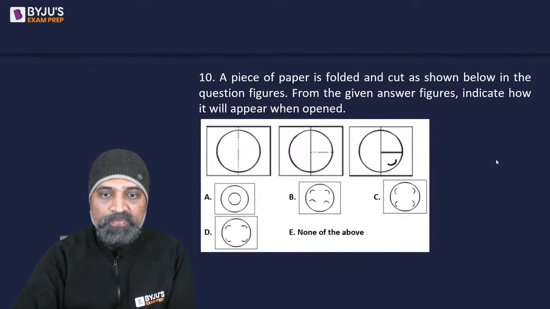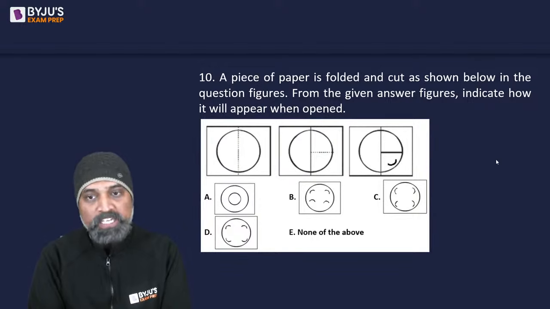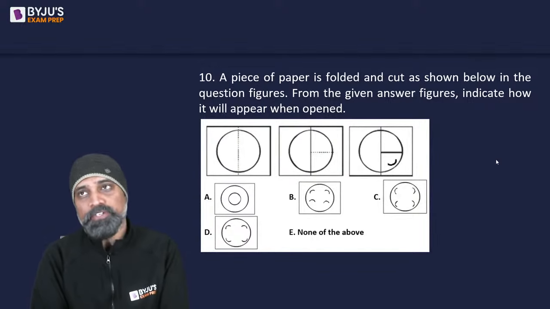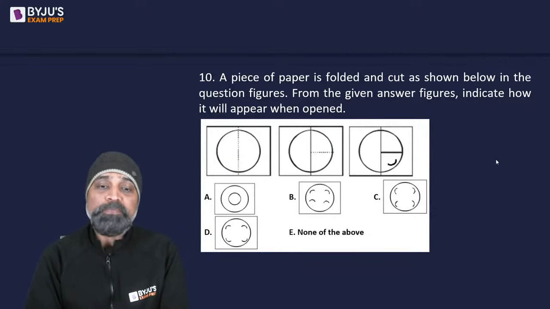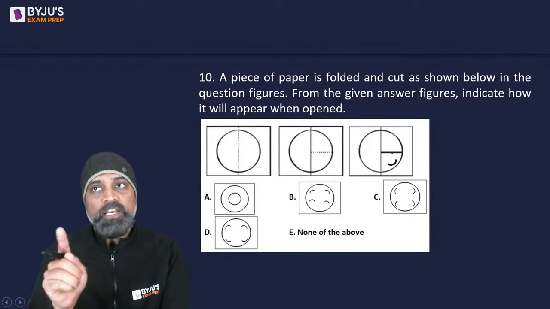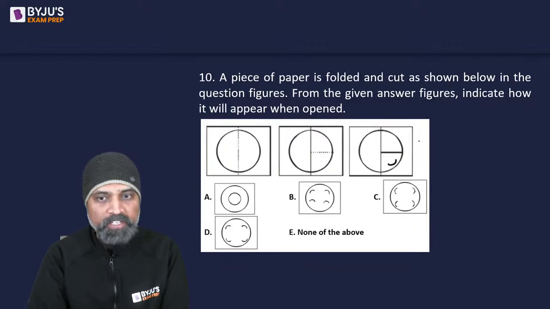Thank you. Next question. We have a piece of paper that is folded and cut as shown in the question figures. From the given answer figures, indicate how it will appear when opened. So this is similar to the previous question. There is a square sheet of paper wherein a circle is drawn. It is folded in half, then further folded in half. So it will eventually look like 1/4 of this piece of paper with a quarter of a circle, known as a quadrant,